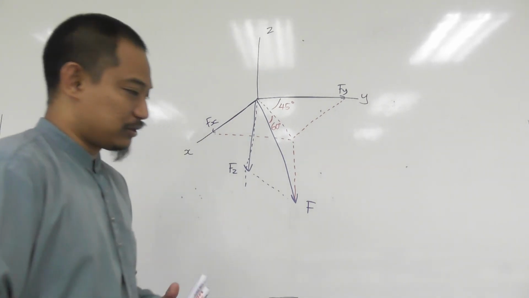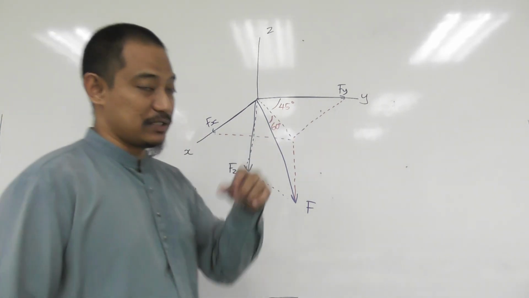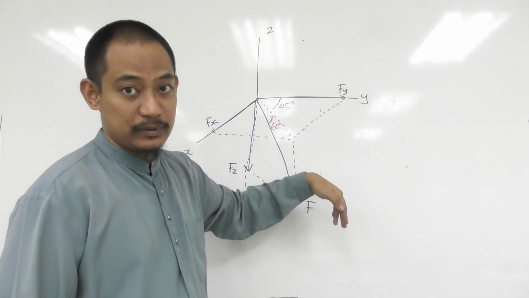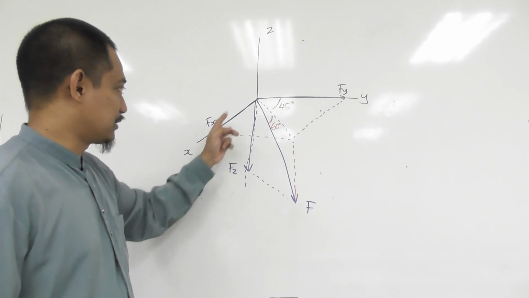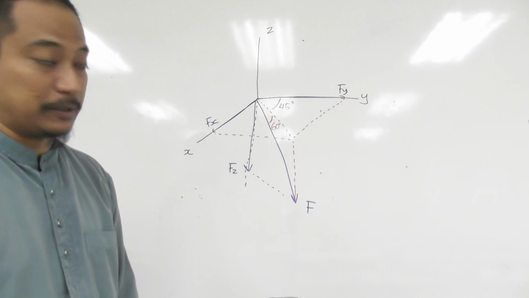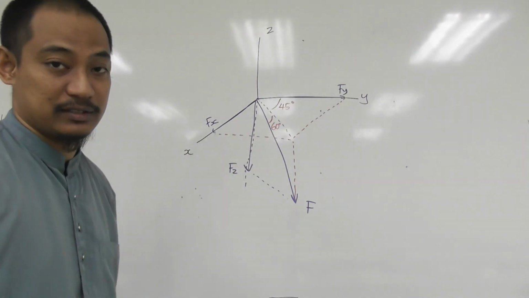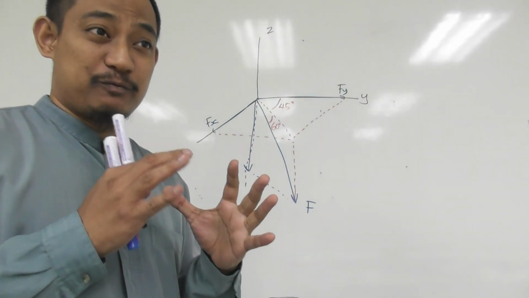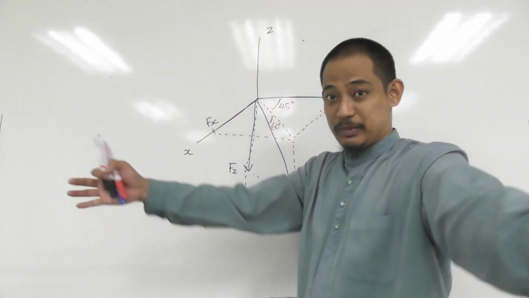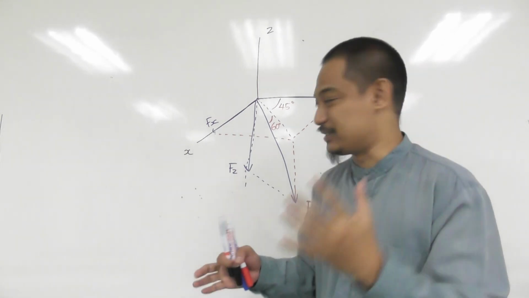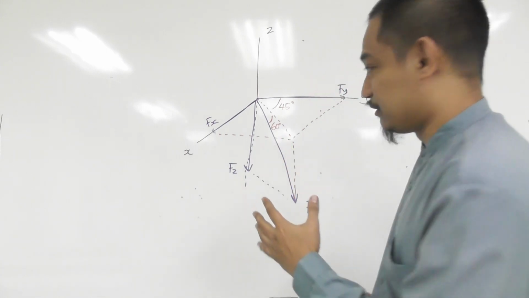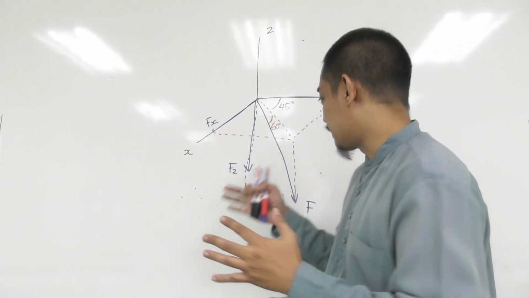Now, we need to be able to determine what is this component. Just like before, when we have F, you have x component, y component. In this case, 3D, you have x, y, z component. How to get this? This is the only information given, right? 45 degrees, 60 degrees. So if you cannot even imagine what is going on in the 3D space, that's one problem. Make sure you can imagine, just see and imagine, right? That's number one. Number two, even if you can imagine, if you cannot relate to the sine, cosine, or whatever,